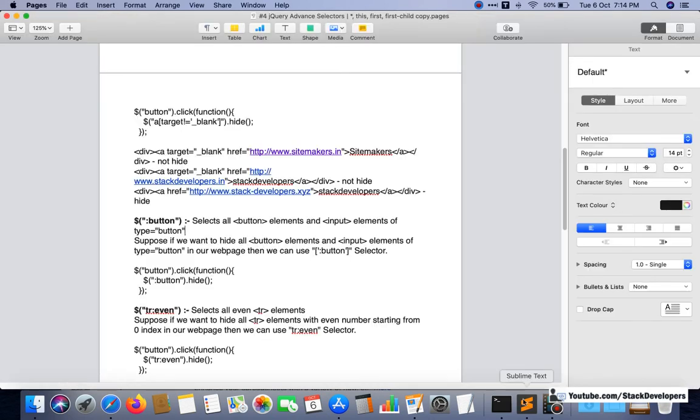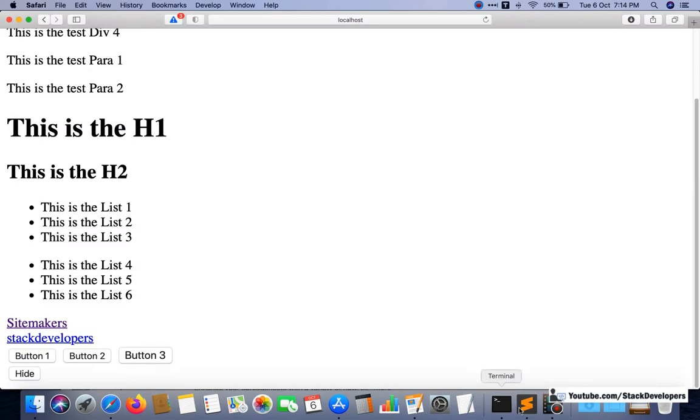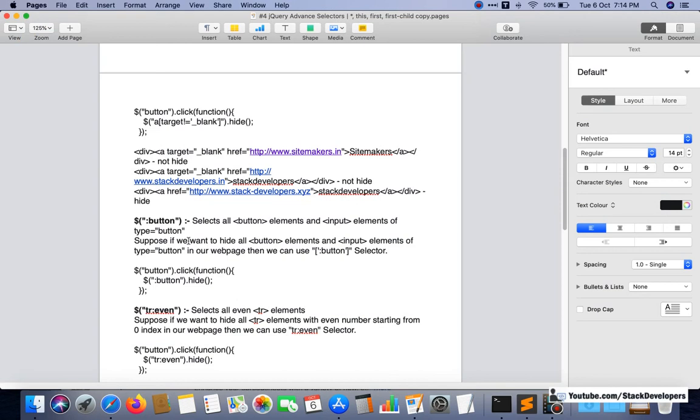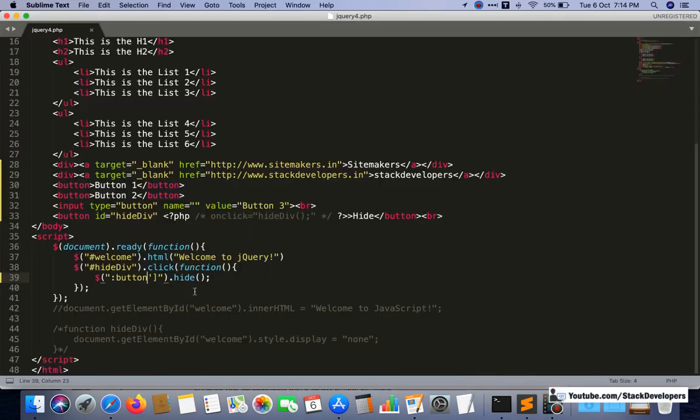So it is not working, maybe some issue. We are going to check once again. For the first time we are getting an issue in jQuery in these 4 videos, and these things do happen. Like in the Laravel series we get too many issues, but we need to resolve them. So let's check once again. Button is having type button, that we have created, and now see :button and hide is fine. :button. Okay, so here is the issue.